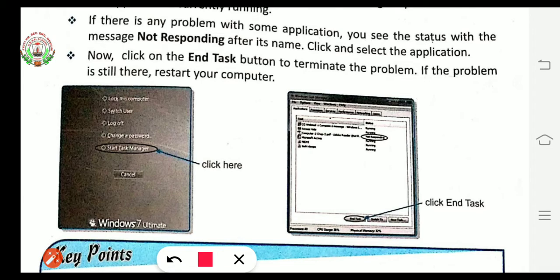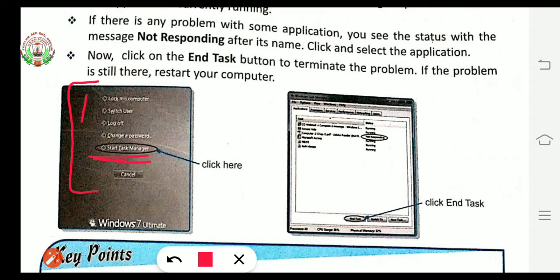See what we have to do. We have to press that Ctrl Alt Delete key combination. After that, many options will come. See, these are the options. These all will be there on your screen. Then what to do? You have to choose Start Task Manager. See, many options are here, but you have to choose this one, Start Task Manager.